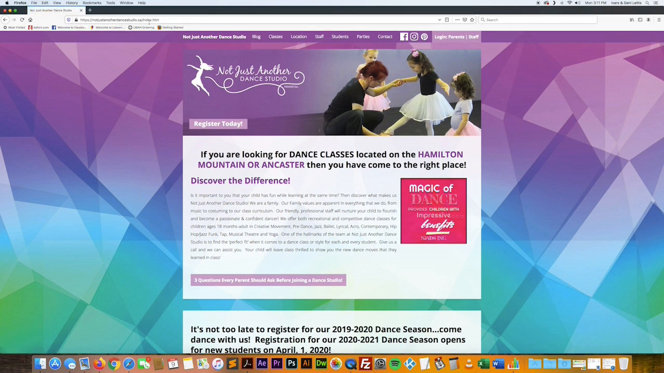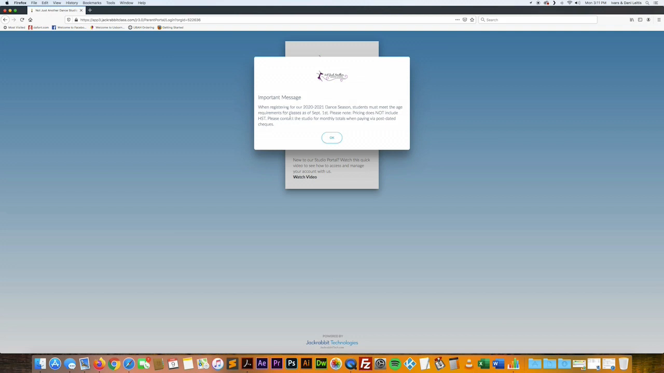notjustanotherdancestudio.ca. And when you get there, you're going to log into our parent portal right here at the top of the screen. See where it's highlighted purple now? It's white and highlights purple up here. So that's where you're going to go, and you're going to hit Parents, and you're going to get this important